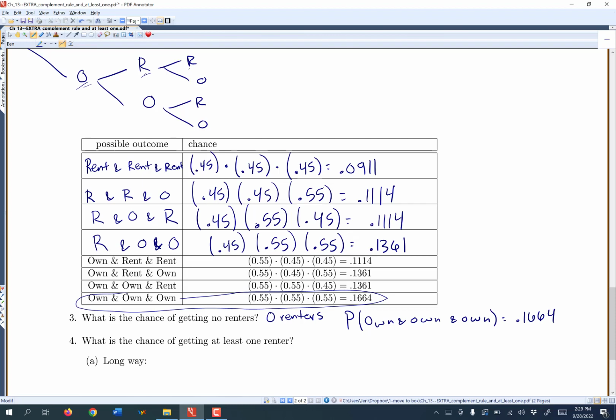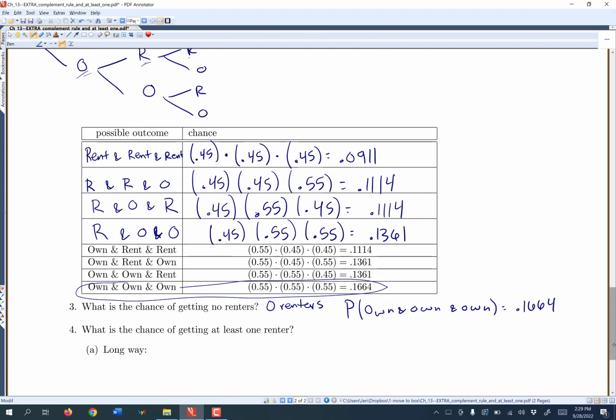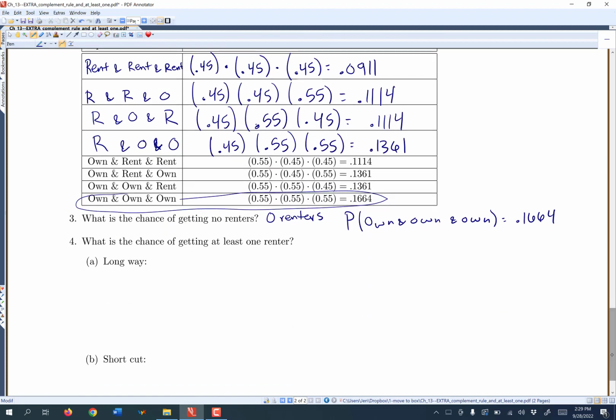Now that I've done all this preliminary work, we're going to figure out how to get the chance of getting at least one renter. This is what the whole video has been building up to. I'm going to show you why that at least one rule makes sense. Why do we use it? So what is the chance of getting at least one renter? You can do this a long way or a short way. So the long way is you say probability of at least one rent